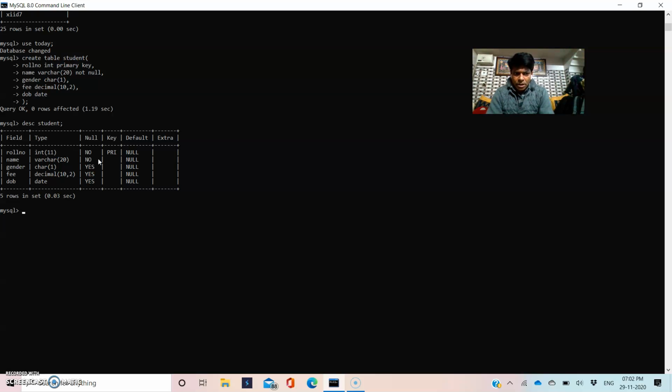Okay, now no record is there within the table. How do you understand? If you give the command select star from student, you'll see empty set is there, no record is there. And I want to insert records. To insert a record, you have to give the command insert into table name, that is student, then values. Okay, give the values like roll number 1, name,